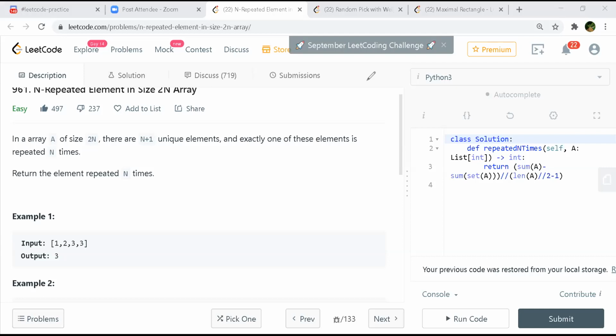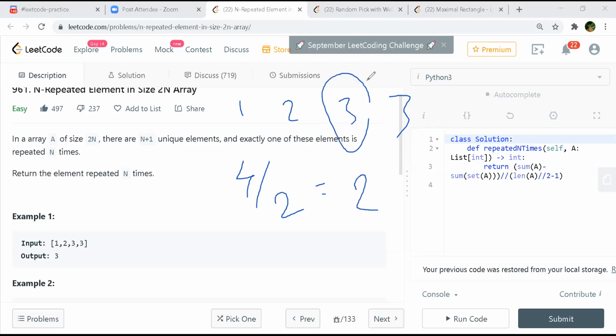So in this case, the first one, 1, 2, 3, 3, is already sorted for now. We sort and bring it here. So you are saying we have a size of 4, 4 divided by 2, right? So this will be 2. And then you just return whatever is at index 2. Okay, makes sense. Yeah, because this index would always be occupied by that majority. I think we had something similar that we were discussing last time, the majority element.